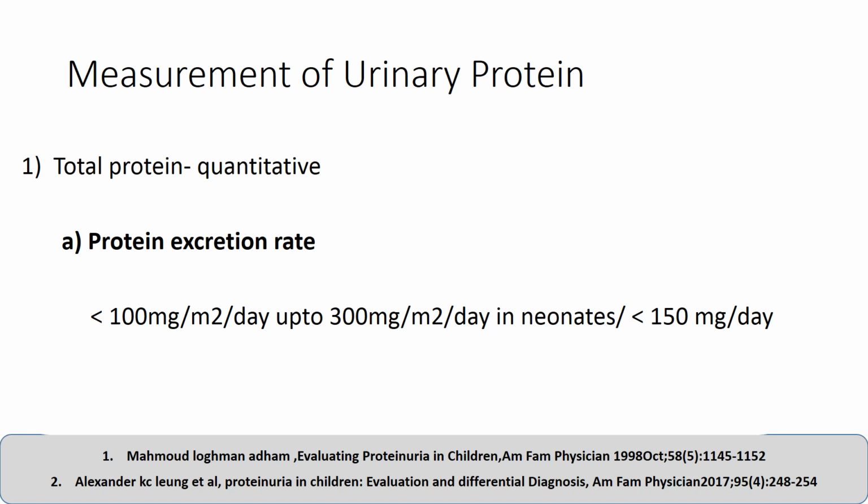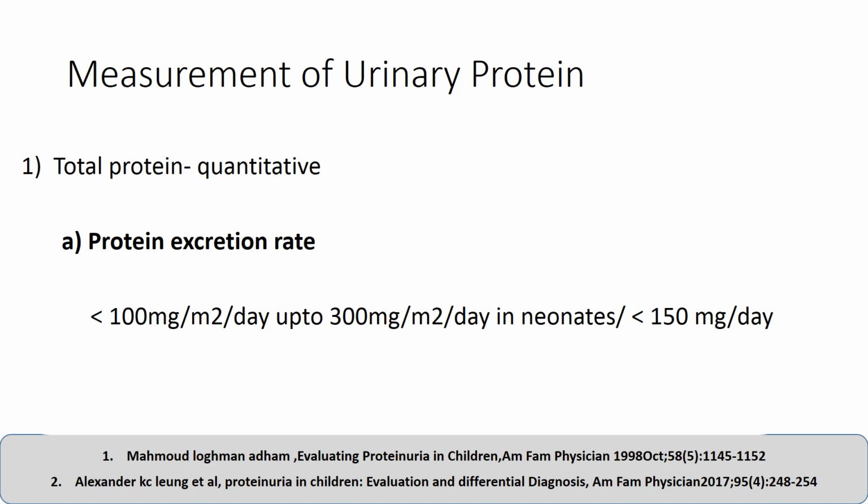Then we can also measure urinary protein by quantitative methods, where we get the total protein that's present in urine, and we can do this firstly by calculating the protein excretion rate. This entails a 24-hour collection of urine, and then calculating the concentration of the protein that's present in that specimen of urine, then multiplying it by the volume. Normally in children, the excretion rate of protein is less than 100 milligrams per meter squared per day, but because of the immature function of the tubules, excretion rates tend to be higher in neonates and infants, such that in neonates, excretion rates of up to 300 milligrams per meter squared per day may be considered